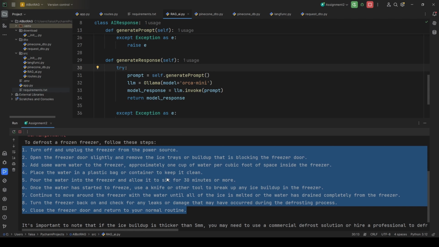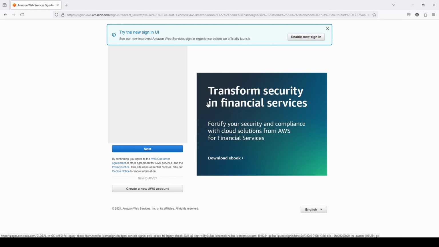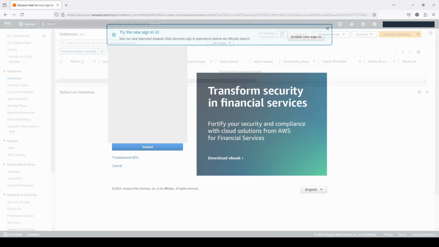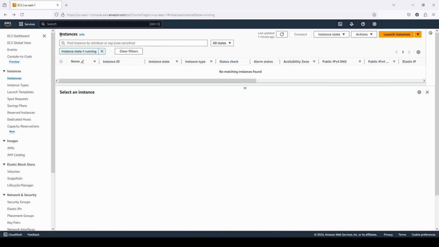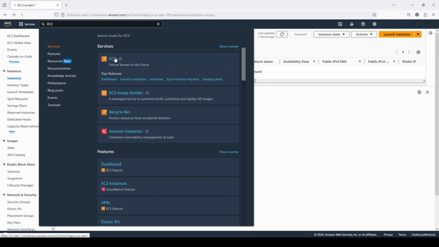And now let's deploy this RAG implementation on a server, and we will use an AWS EC2 instance. So now we will deploy our RAG application on an AWS EC2 instance. First we need to log in. So I will click on login, and I will provide our credentials. Once we log in successfully to AWS, we will search for EC2, and here we will click